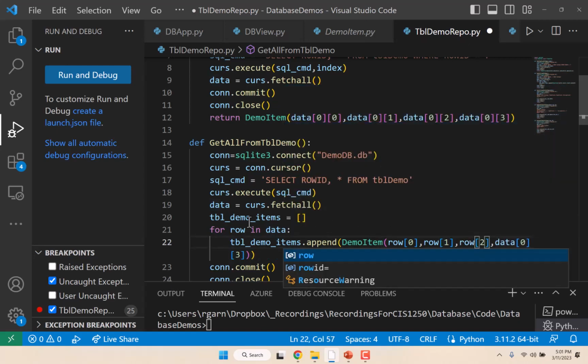Since this row is just that tuple, we're taking all of the elements of that tuple and instantiating a demo item and then appending it to this